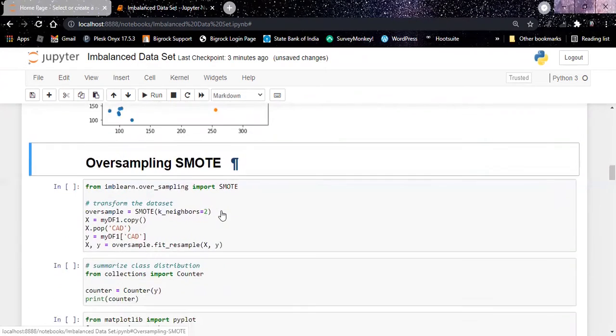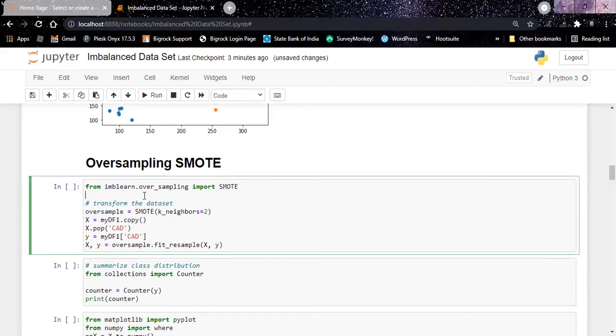Now we do resampling one by one. First, we do oversampling using SMOTE. The SMOTE function is available from the package imblearn oversampling. So let us execute it.